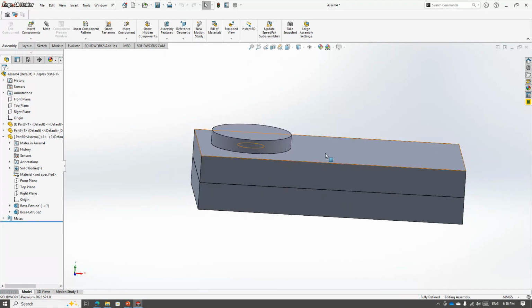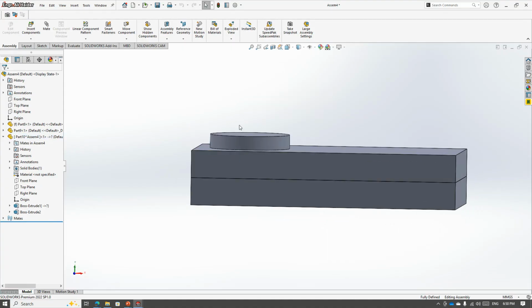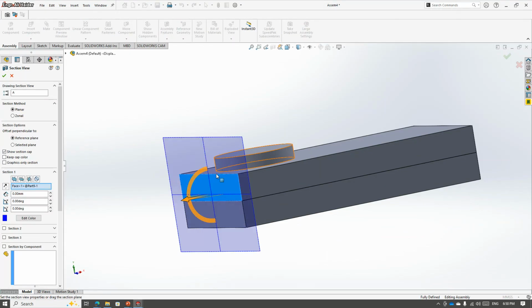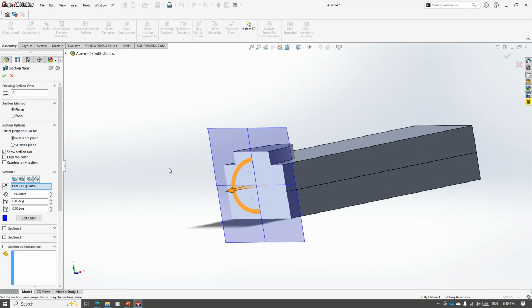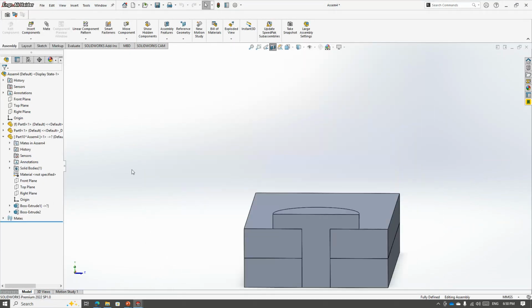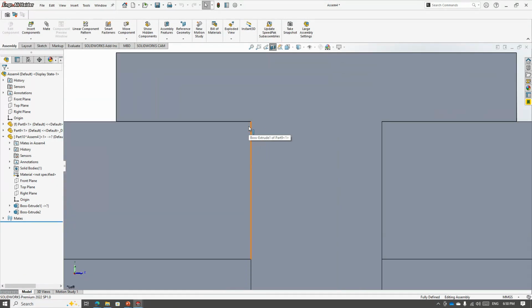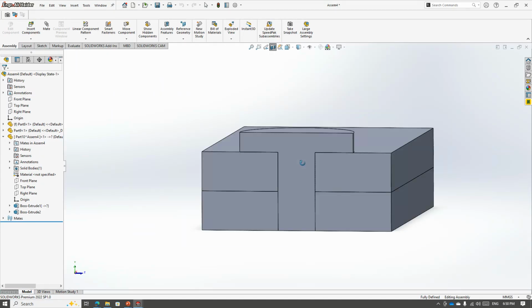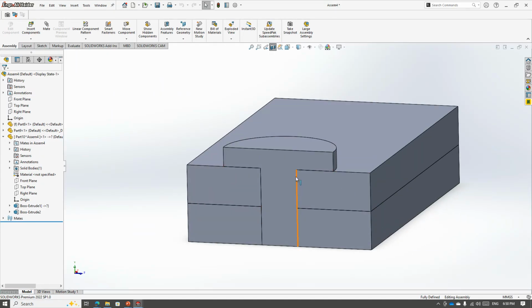For example, if you consider these two parts as plastic parts and this is the third plastic part, and you want to get this assembled, let's look at the cross section first. Okay, so you will see all the parts are in contact face to face. If you want to change the offset and have some clearance between these parts, so that when we manufacture it, it can easily get assembled,